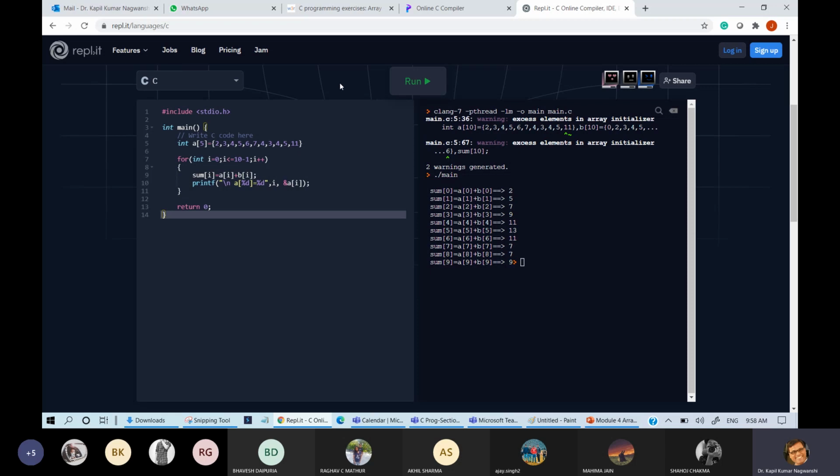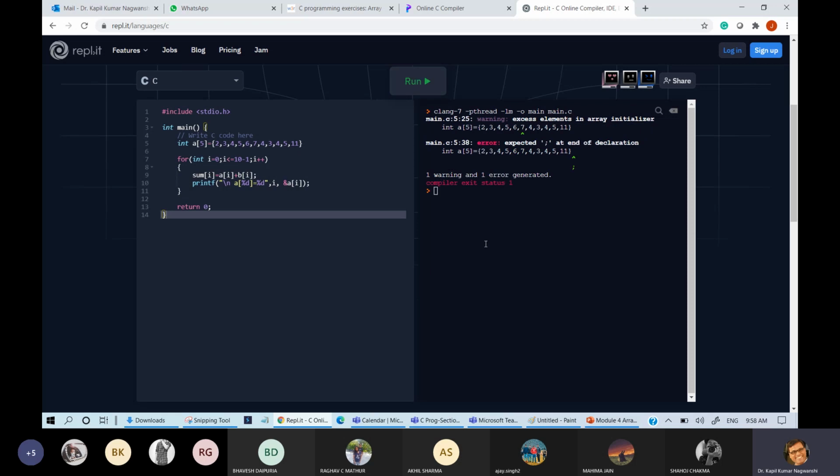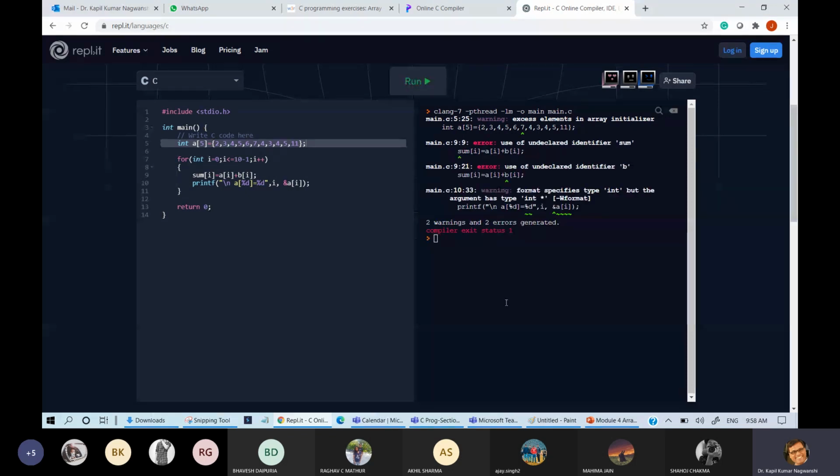If we run, now an error is generated. But the error is generated due to syntax, not any other reason. Any other errors? Sir, you still wrote B elements in sum. Okay, fine.